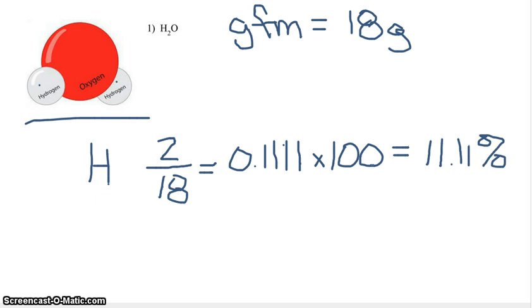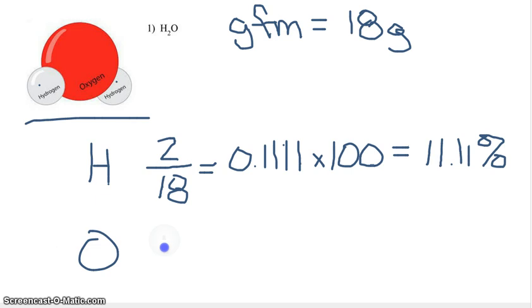So this tells me that in water, its percent composition is 11.11% hydrogen. Okay, but we're actually going to find it for all the pieces involved. So we're also going to look at what our percentage is for oxygen. There's a couple ways you can do this. You can take 100 and subtract 11.11, or we can continue the way we initially set up, which is what